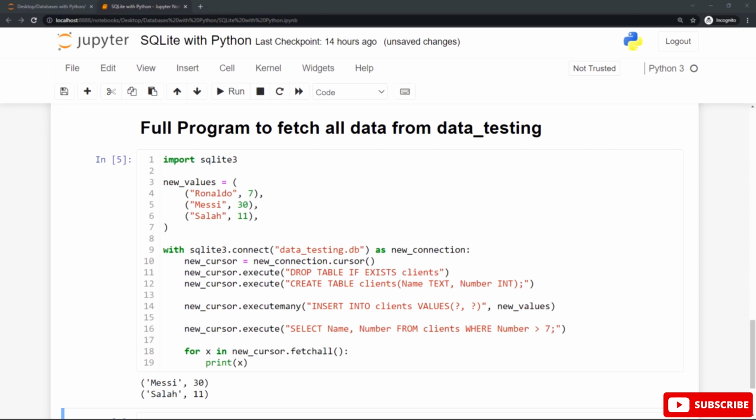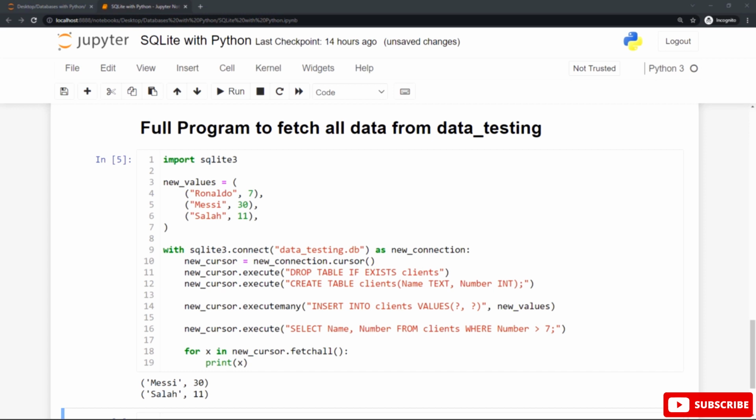You can call it row, record, or any meaningful name, followed by the in keyword, followed by the cursor to fetch all the information from the clients table from the database called data testing, and the print function inside the body of the for loop to print the matching records one by one, the record number 2 and the record number 3 that match the where statement condition.